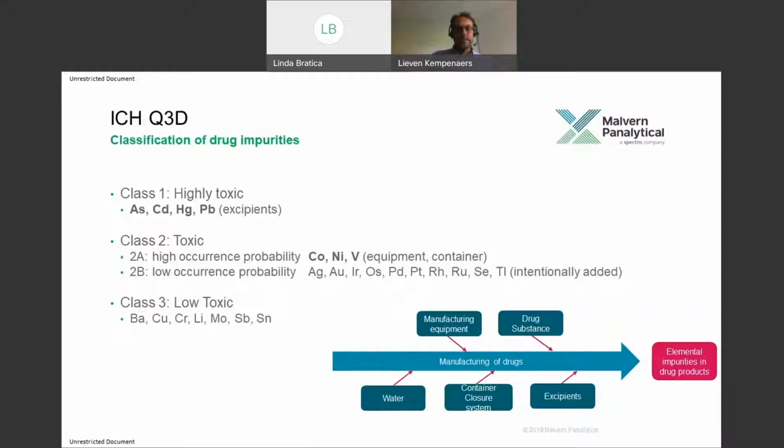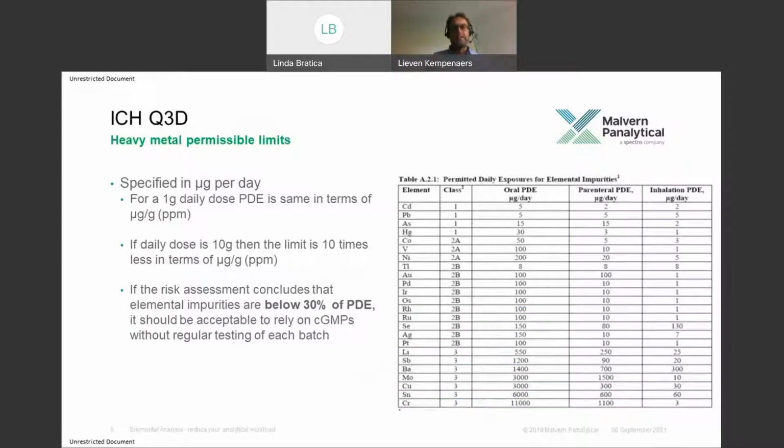So that's the list of the elements from the ICH. And it's not only a list of elements, but the ICH also has the permissible limits for each element, depending also on the daily dose that is consumed by the user, the customer. And if you have a 1 gram daily dose, then the values that you see over here in the